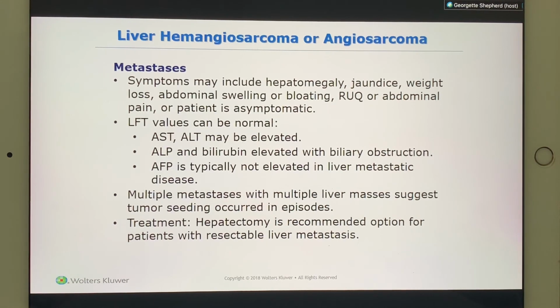So during the board exam, as we're preparing for board, the questions that have been asked, are they asking